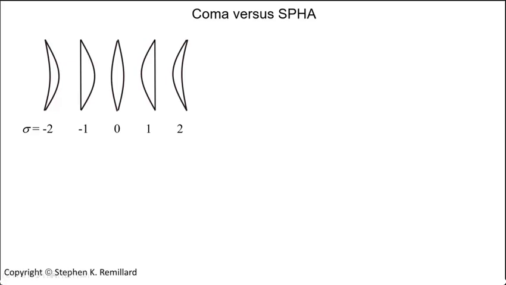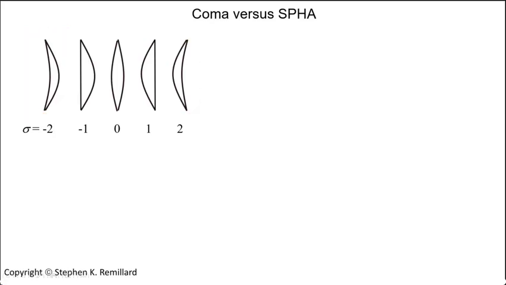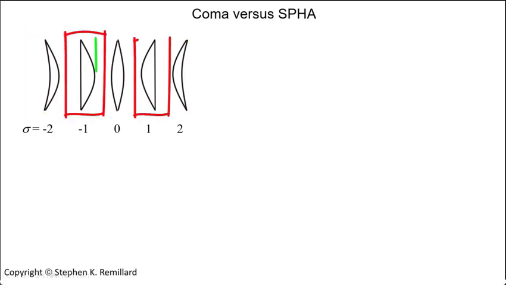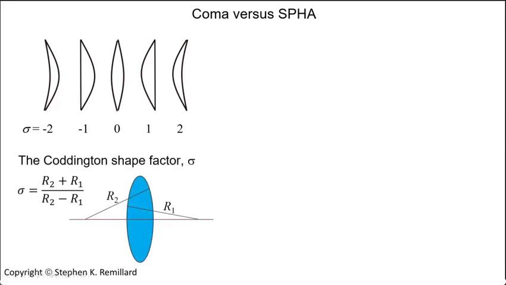Here's a range of converging lens shapes and orientations. On the left and right ends are convex meniscus, either with the concave surface facing the image side or the object side. And then there's plano-convex and equiconvex. All lens shapes fall somewhere on the spectrum of shapes, and where they fall is described by the Coddington shape